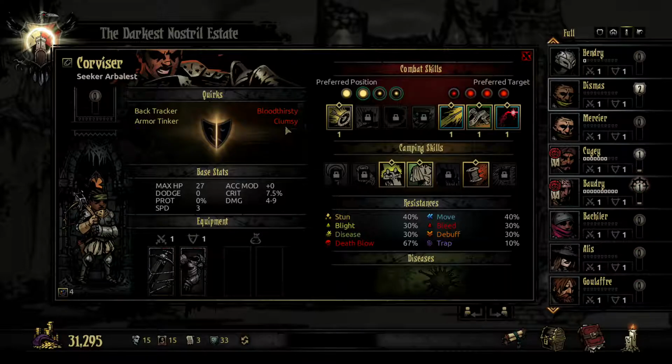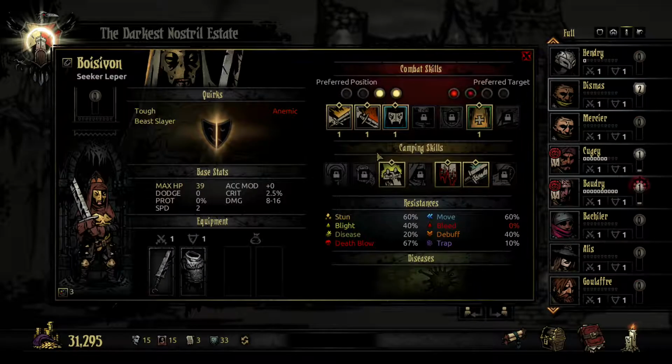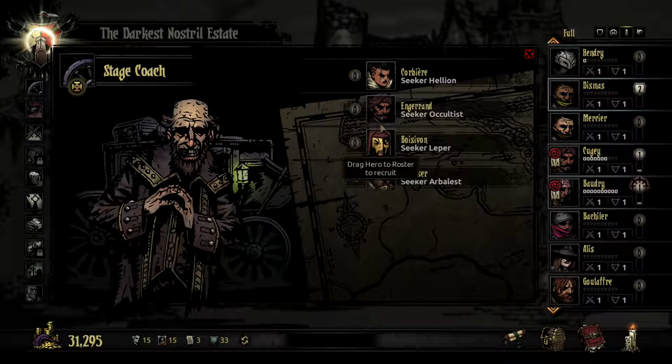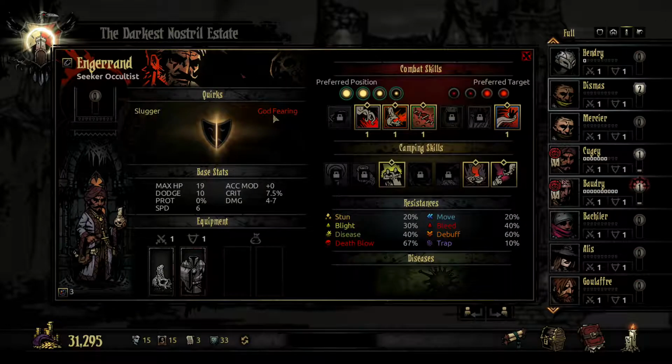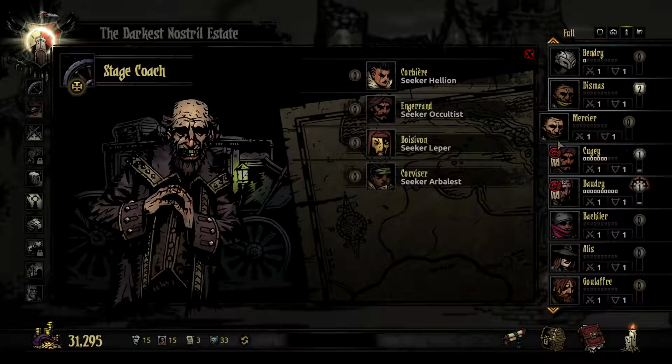Bloodthirsty and Clumsy. Clumsy's really bad again. I don't want to take anybody who has something like Clumsy. This character has some potential. No. And this character has some potential. So let's go ahead and,